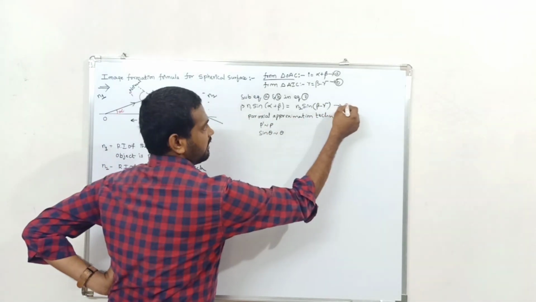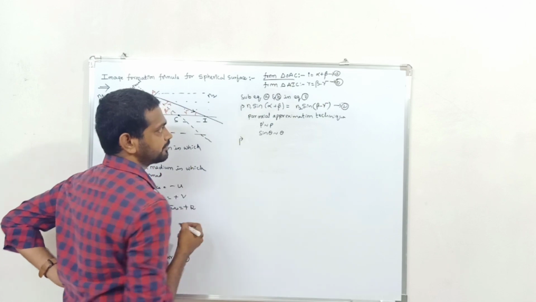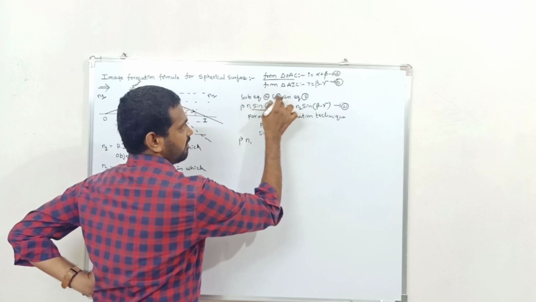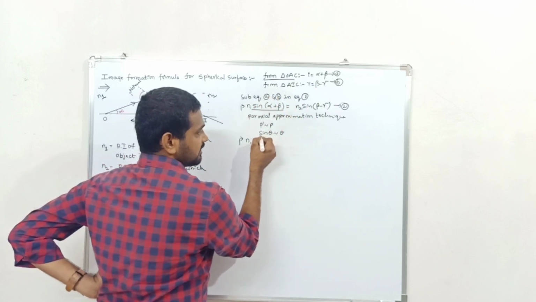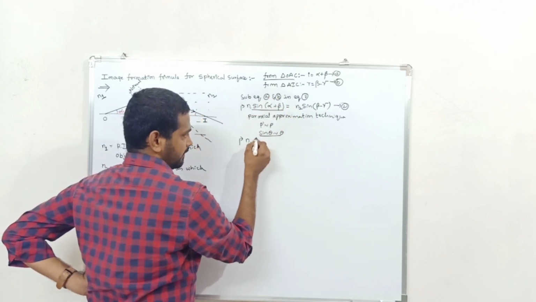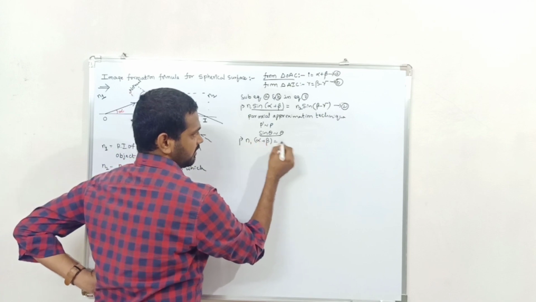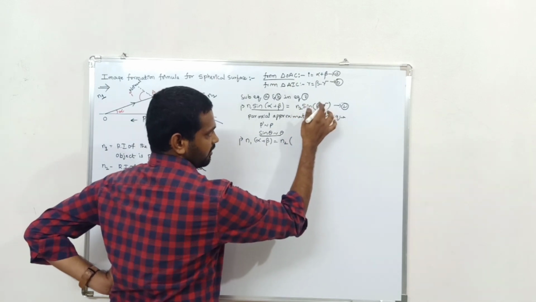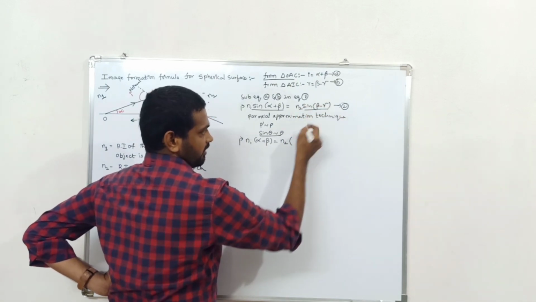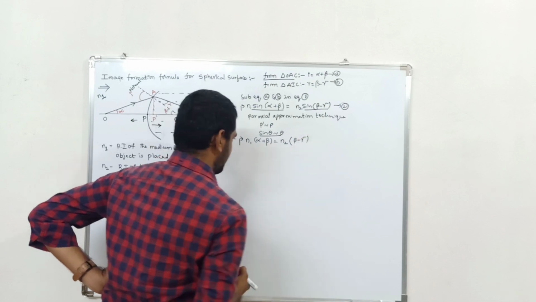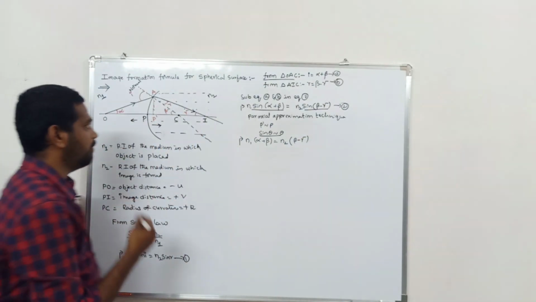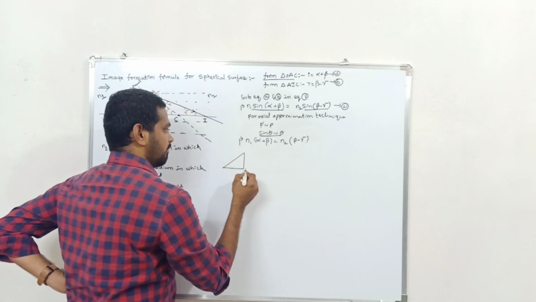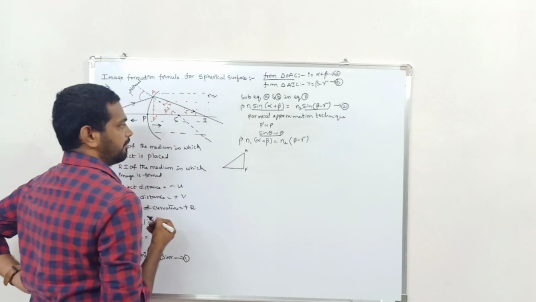So then the equation 2 will become n1 sin theta, alpha plus beta value as theta. So you will get sin theta can be approximated to theta. So alpha plus beta you will get, which is equal to n2 times of this is the value of theta, so you will get beta minus gamma. Is it clear children?